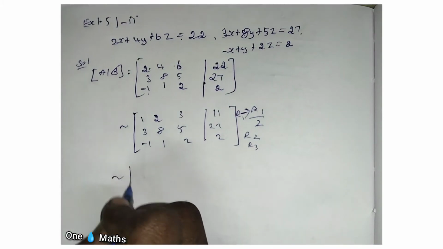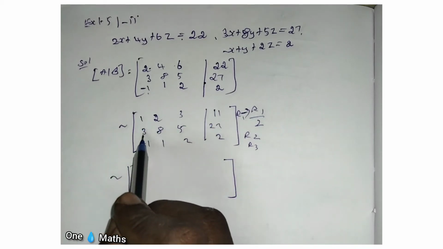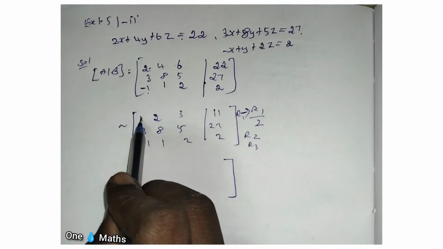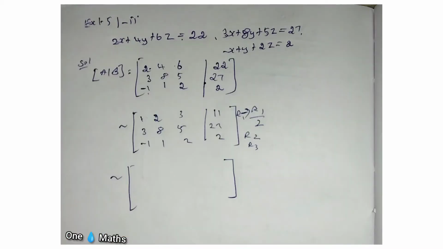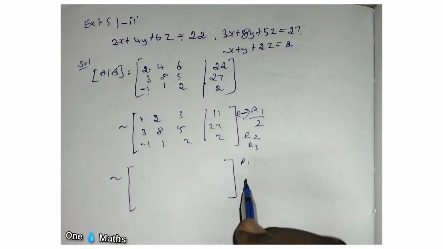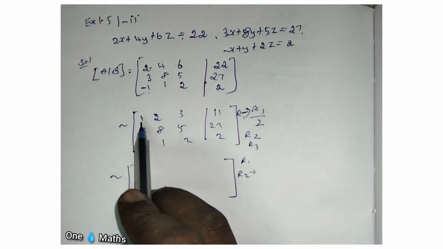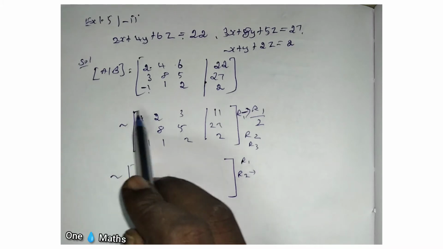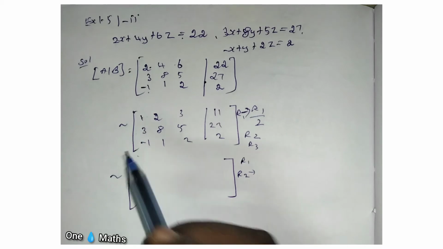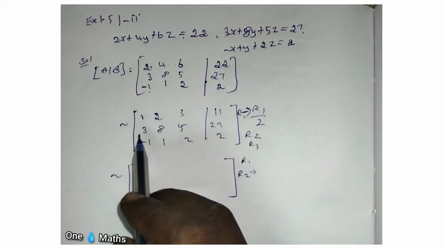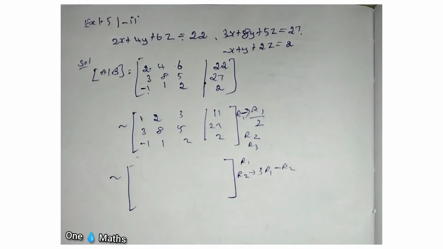Next, after you bring the 1, with the help of R1 you try to make 0 in the first column, to bring the echelon form. So here R1 has no change. Now what am I going to do with R2? Here 3 is there, and in R1 1 is there. If 1 is there, it's easy to multiply, and for that purpose I brought 1 here. Without 1 also, you can bring 0 in the first column. So here I am going to write 3 multiplied with R1, then minus R2.